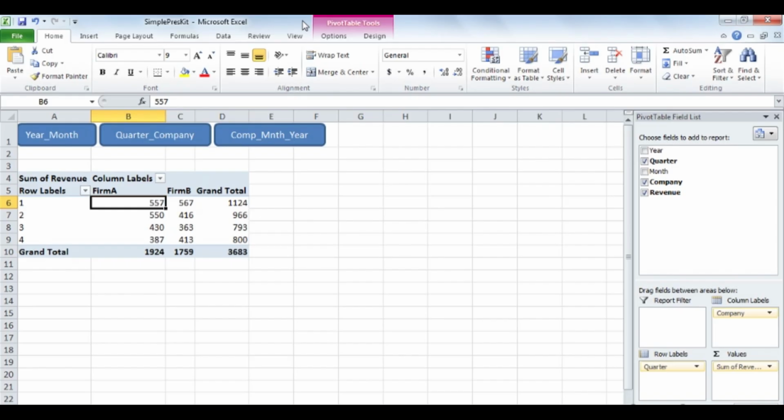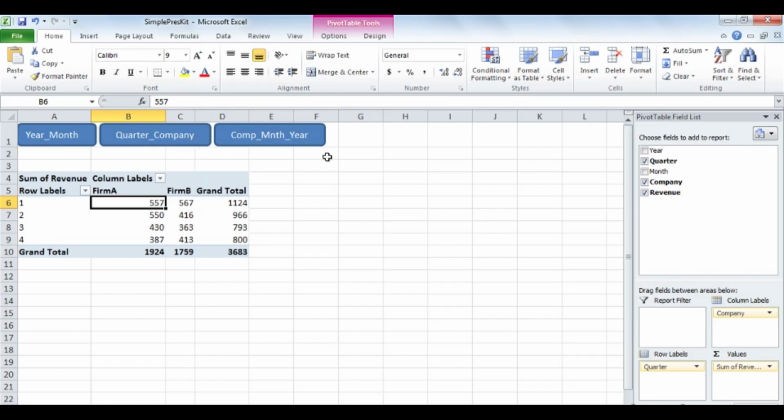positions. I've decided to run my macros by clicking shapes that I have positioned in row 1, but you can just as easily add macro buttons to the quick access toolbar. I've already recorded and assigned macros for the year, month, and quarter company shapes. So now what I want to do is record a macro for the company by month and year shape and